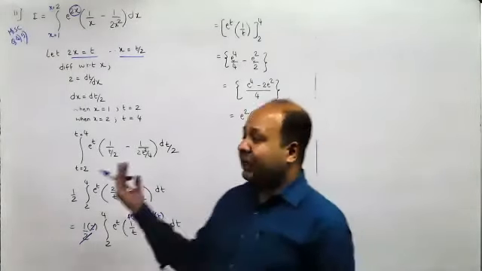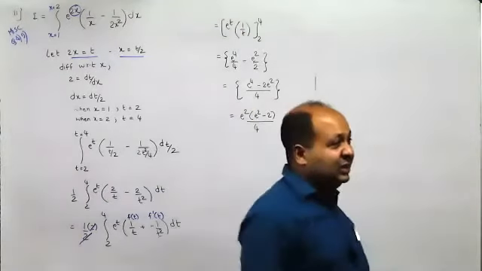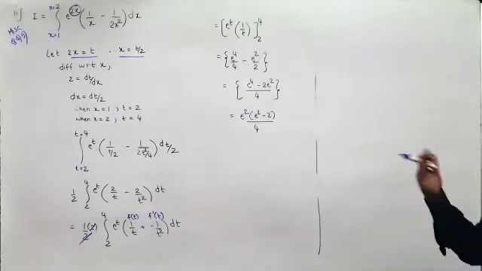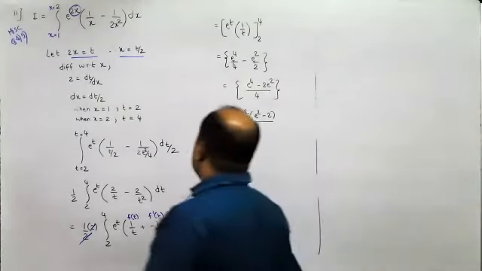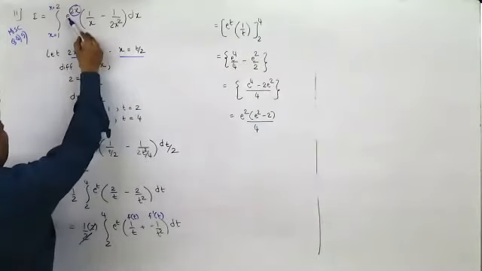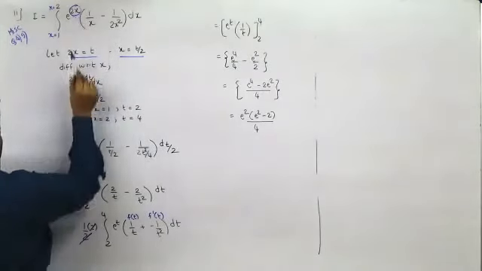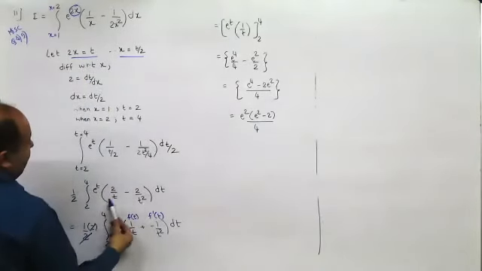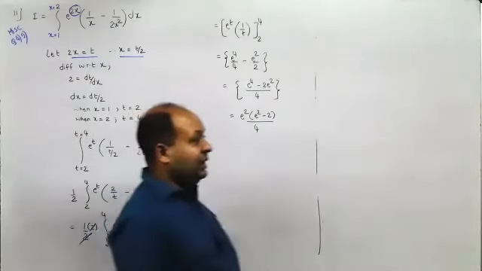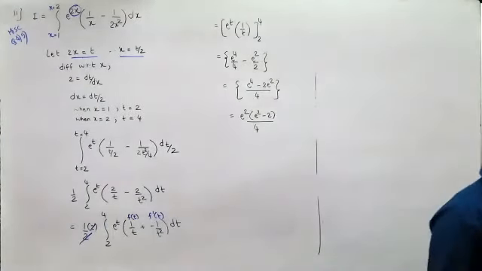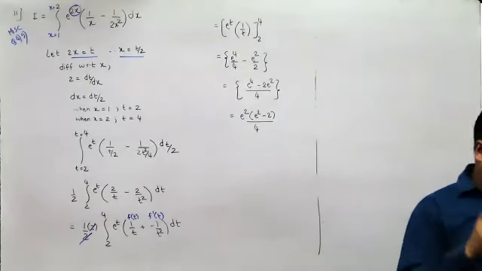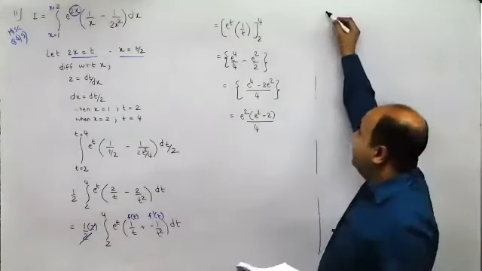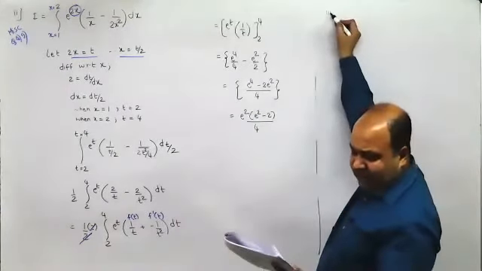There may be methods. I'm doing it by the first method that comes to my mind when I see this problem. There may be many more methods. So if there is any method, do let me know. I'll let you know whether it is correct or not. But what comes to my mind first is whenever I see e raised to some term other than x, I treat that as t and then I solve it further. When I get it over here, I know that one term is a derivative of the other and I can solve it directly. Followed? Now, if something else comes to your mind, yes, you can do it provided it is legitimate. You have to first see whether it is valid or not. Yes, sir. It may be right. There are multiple ways of solving any problem.